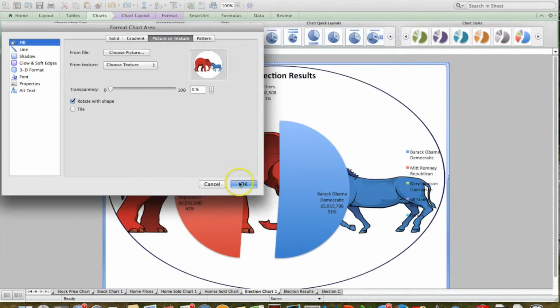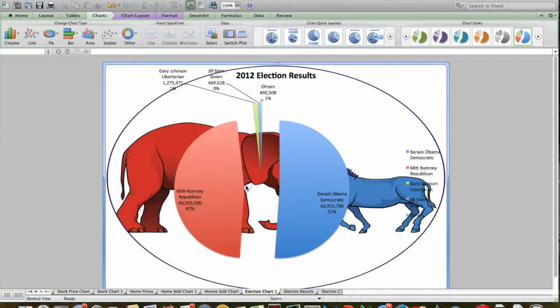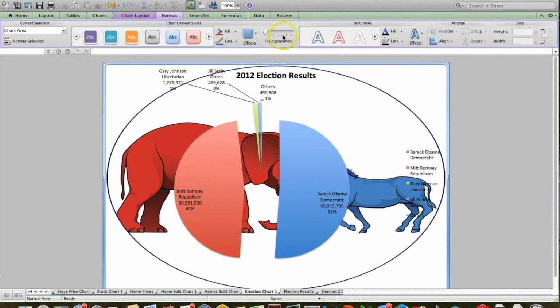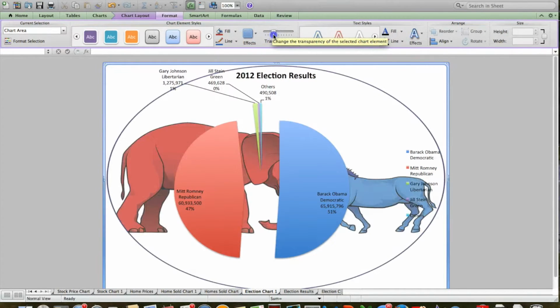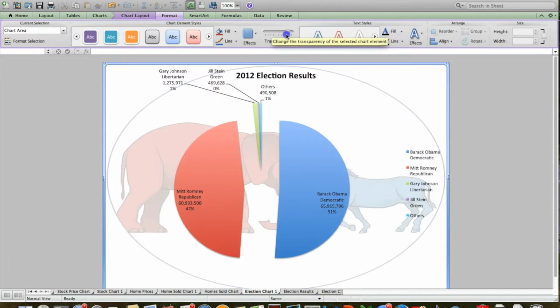Result slider, and there it goes. It's in there. It's pretty prominent now, and what you can do is you can go to format and click on transparency, and you can decrease the level of transparency that you want the picture to have in the chart. So